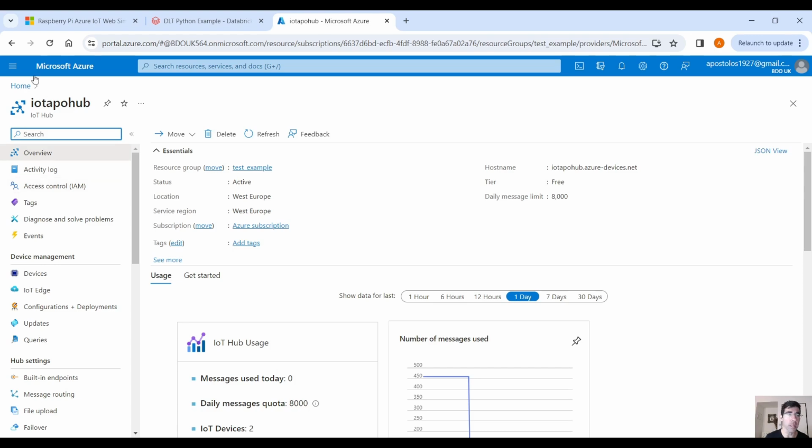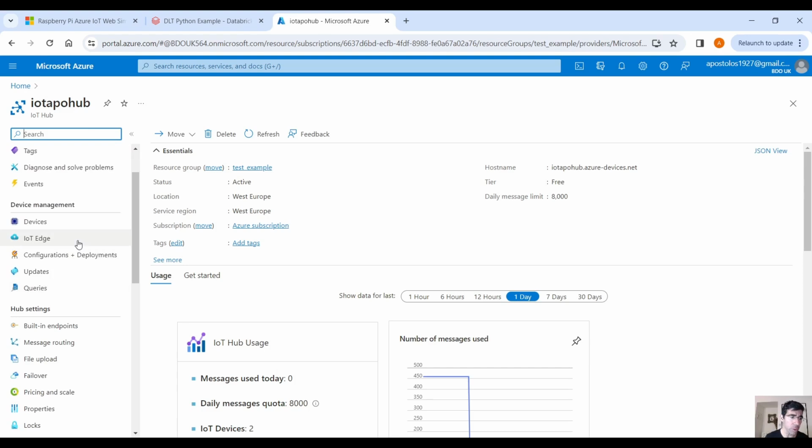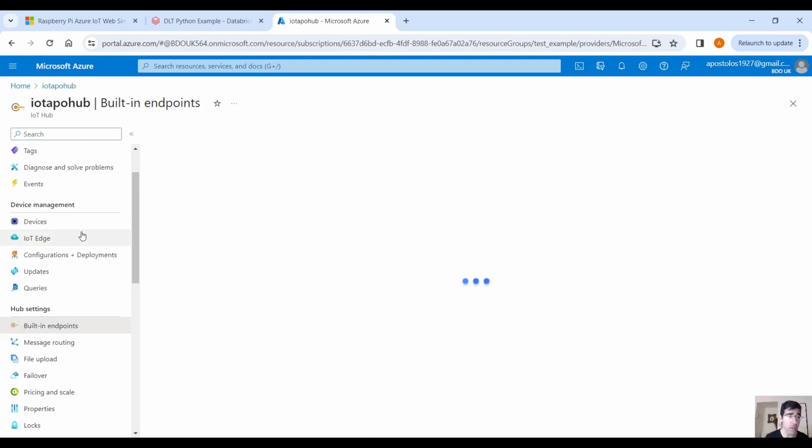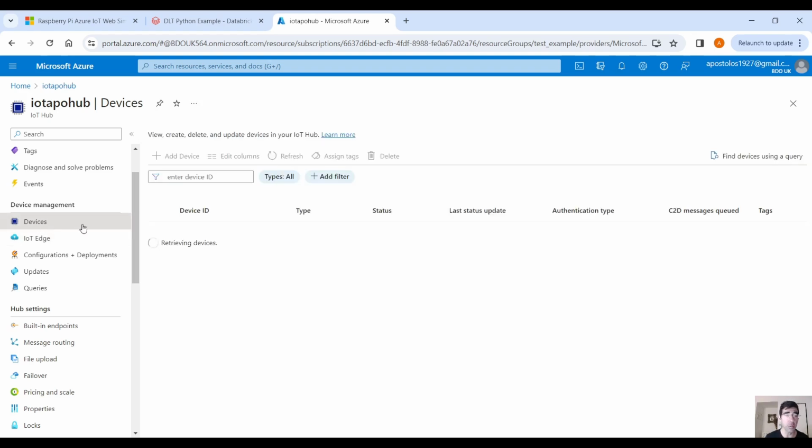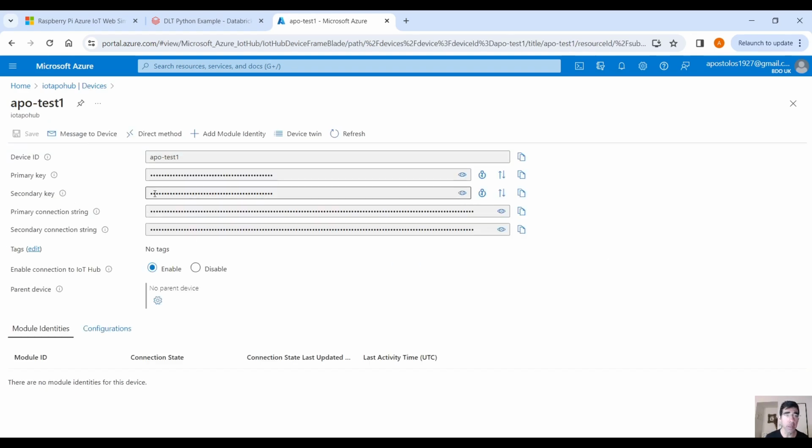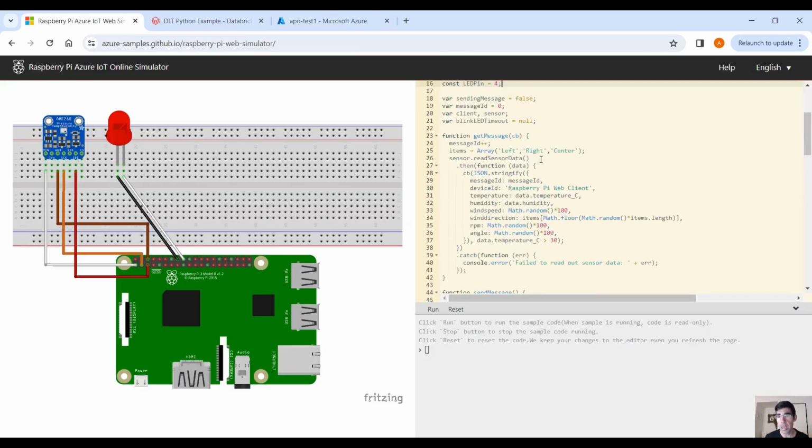I have already created an IoT hub on Azure here, and you can find the connection string, the built-in endpoints here, and the connection string for devices under the devices blade. Here you click, you can see the connection string, and you paste it here. And I have also changed the fields a little bit. I have added a few more columns: wind speed, wind direction, RPM, angle, etc., because what we want to do,